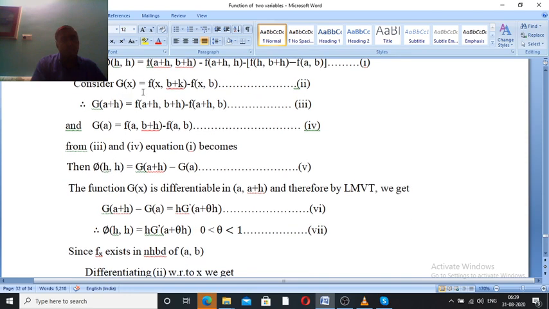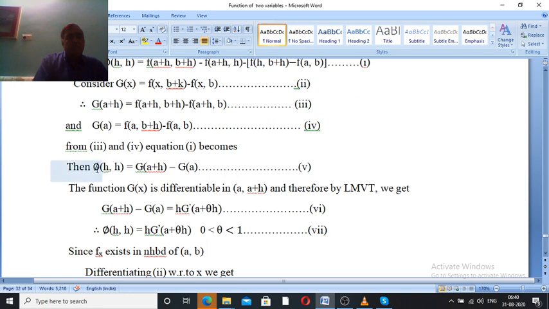Consider g(x) equal to f(x, b+h) minus f(x, b). Suppose this is equation 2. Therefore, g(a+h), putting x equal to a+h, is equal to f(a+h, b+h) minus f(a+h, b). Suppose this is equation 3. Put x equal to a, and g(a) is equal to f(a, b+h) minus f(a, b). Suppose this is equation 4. From equations 3 and 4, equation 1 becomes